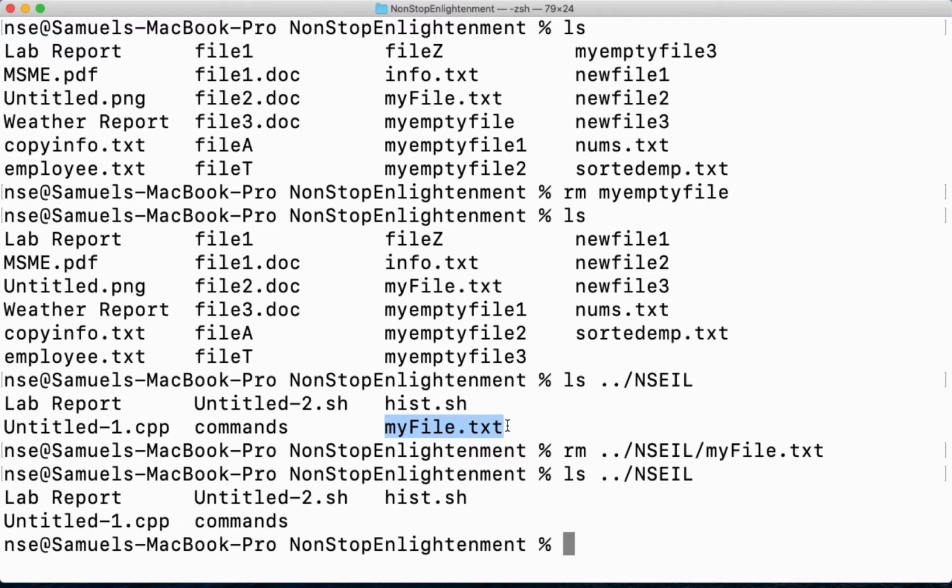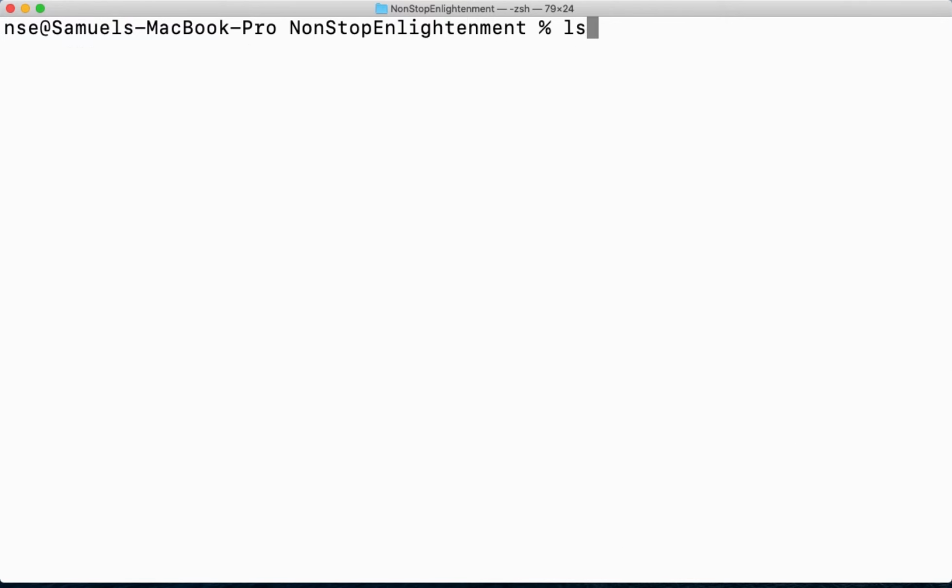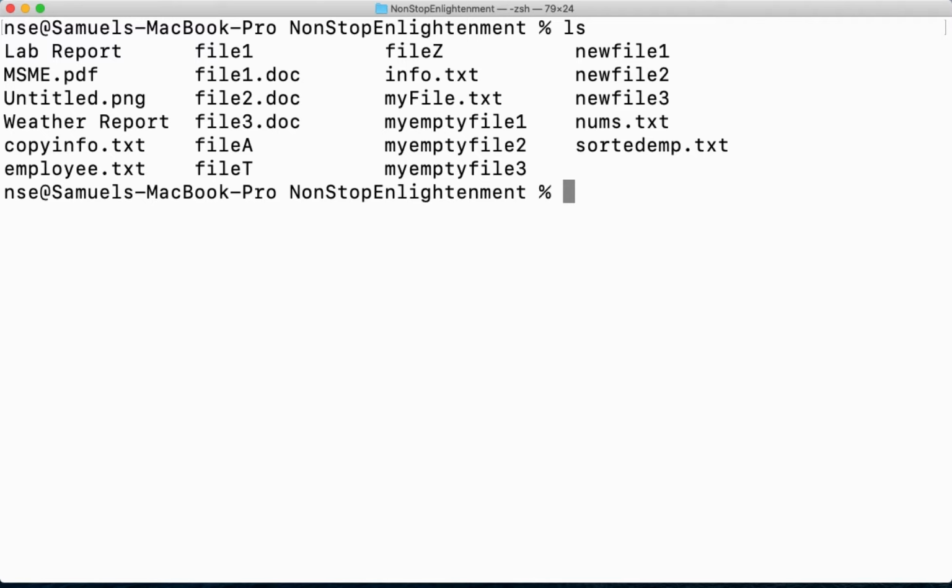Now if I want to remove more than one file with the same extension or with the same name, either starting or at the end, let us see how to do it. Let me clear the screen for you. Let us see which files have similar names or similar extensions. Here we can see that file1.doc, file2.doc, file3.doc, all these have the .doc extension. If I want to remove all the files with a particular extension, I'll say rm *.doc. It means any file that has the extension .doc, and before that there can be anything.